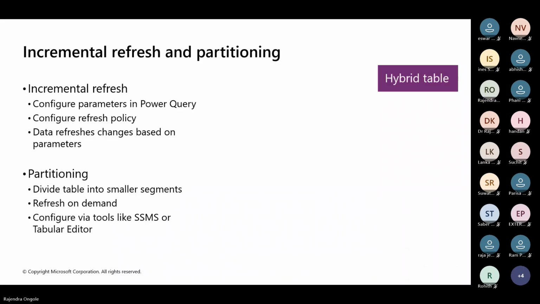Incremental refresh, most of us, whenever the data instead of refreshing the huge amount of information, we will perform this incremental refresh configuration too. At Power Query Editor level, we will define parameters based on the date, range start, range end. After defining the parameters at Power Query Editor level, we can also work on the configuration policies at the